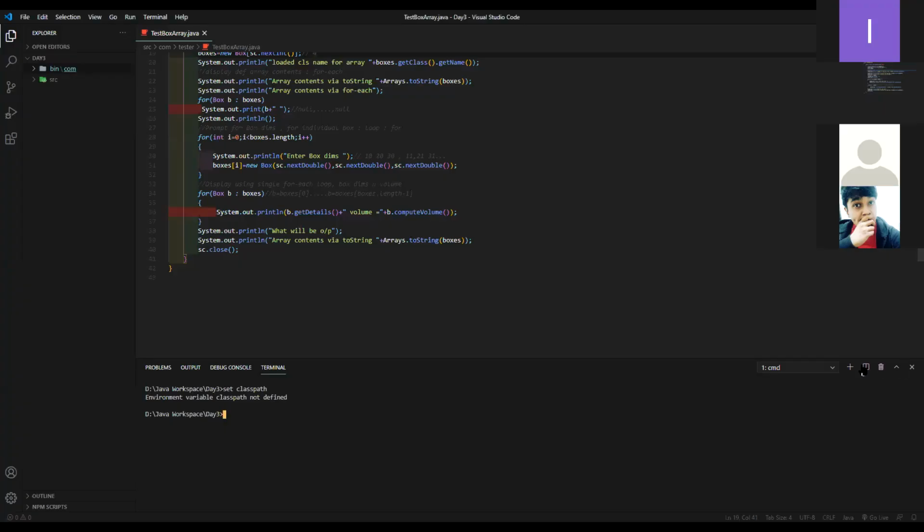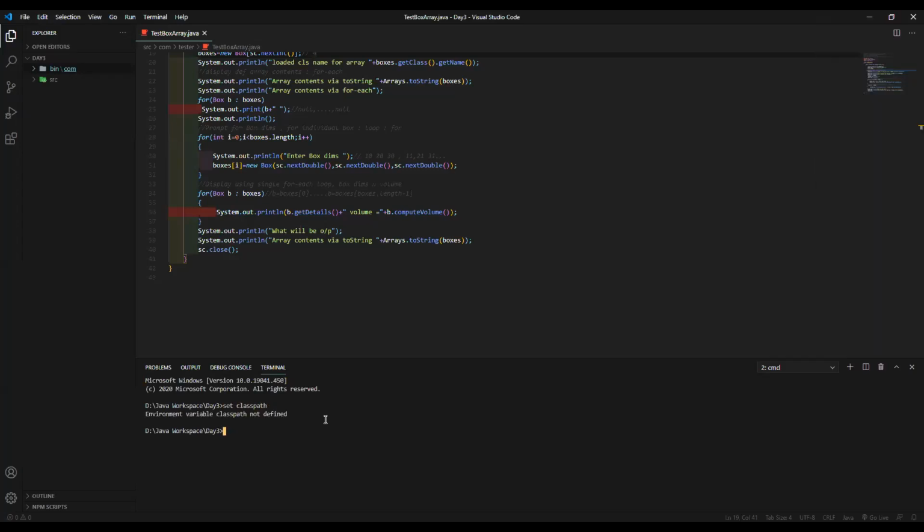Ma'am, I tried in another command prompt also. It still says no. Don't do it like this. This is Visual Studio. First VS Code, right? I'm making a folder. Wait, let me try. Should I try directly on folder, ma'am? Hello. I'm saying show me on the command prompt. Exit from VS Code. One second, ma'am.